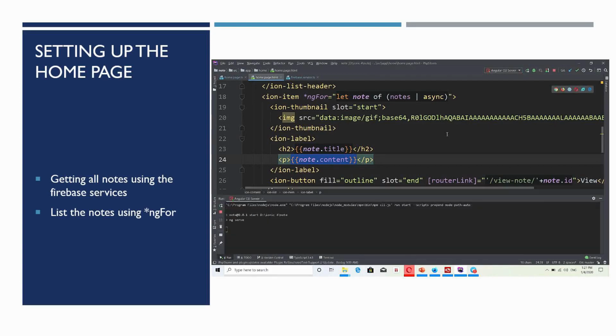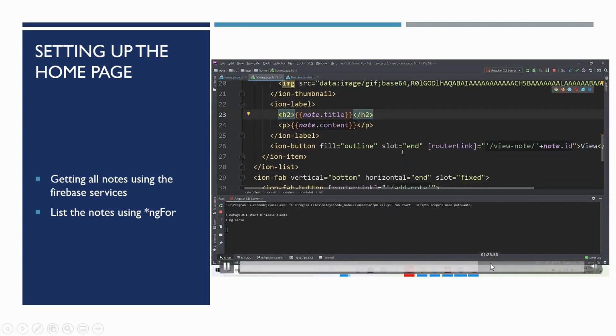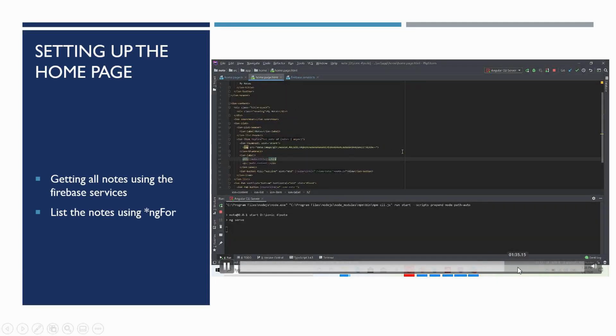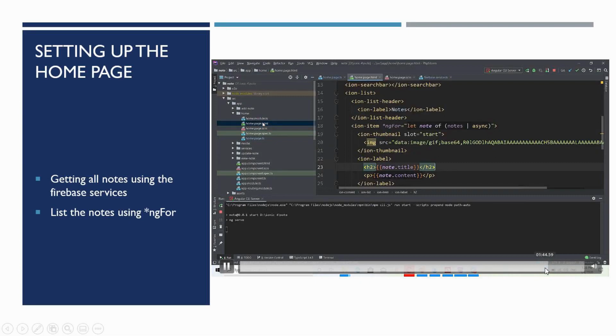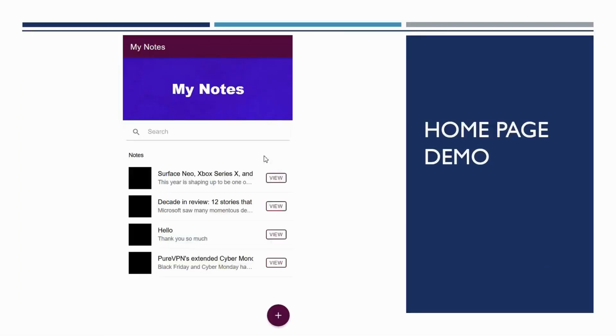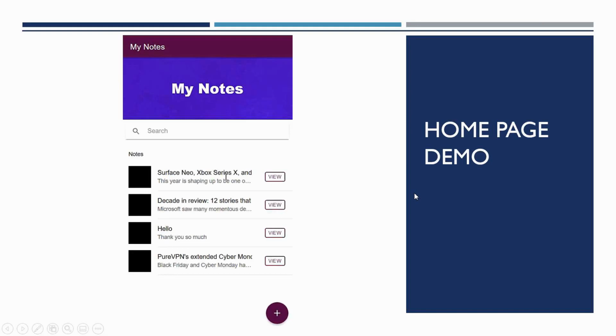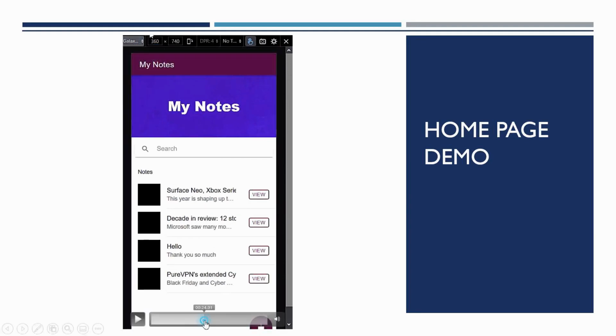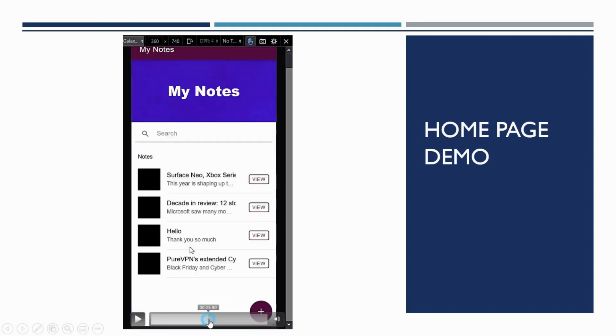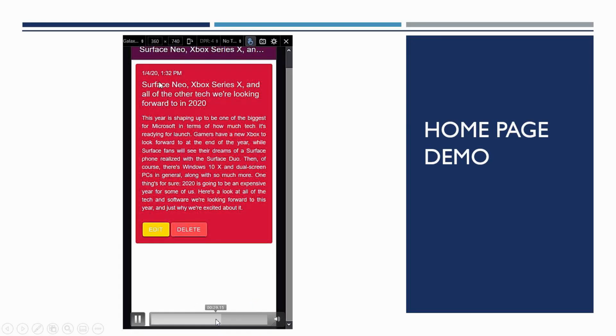Okay, once you have done this successfully, next you need to display the nodes in the home page. Just wait, I'll show the demo in my next section. See this, this is my home page. Here I have some list already. I created four nodes before using this application, and I want to create a new one now. Okay, I'm just going to simply click the view button.